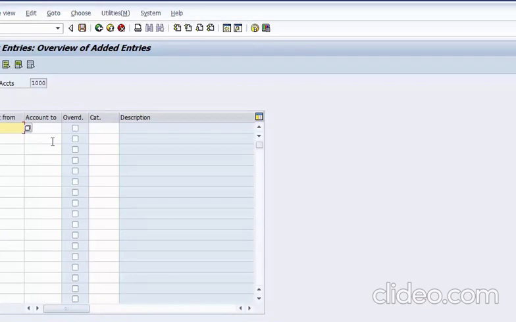So there are two options, either to fill it manually or to go to the account groups where we just created them and directly copy those numbers from there to here. So we'll be going to a new screen with this option over here. Click on this and a new session, a new screen will be presented. So going to the new session,